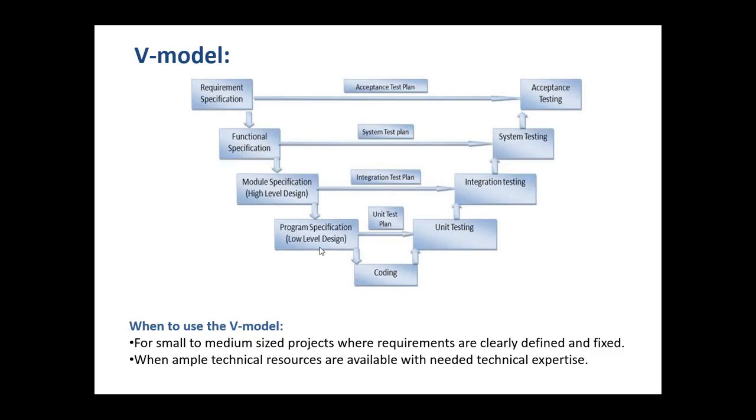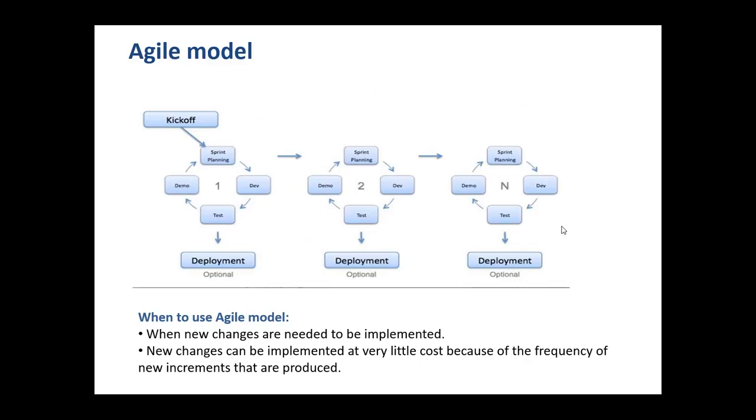When you're having the low-level design, you'll write unit tests. When you have design specifications, you'll write integration tests. When the functional specifications are formally documented, then you'll start writing system test plans, and so on. Alright. And then the agile model is the most commonly used model these days, because it helps to deliver